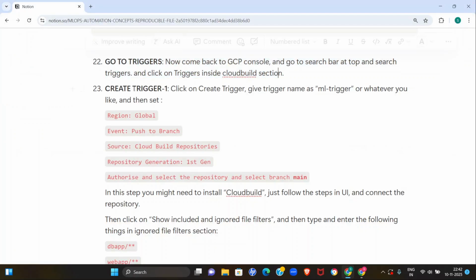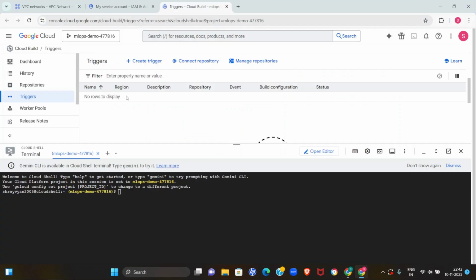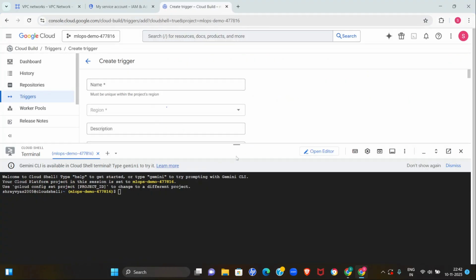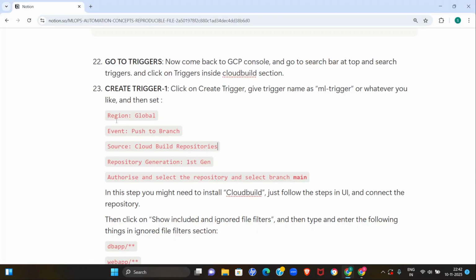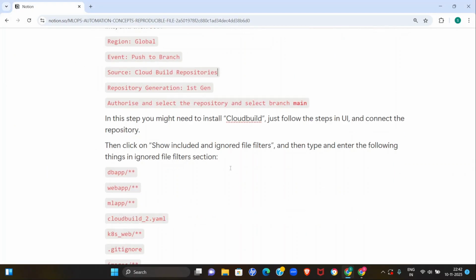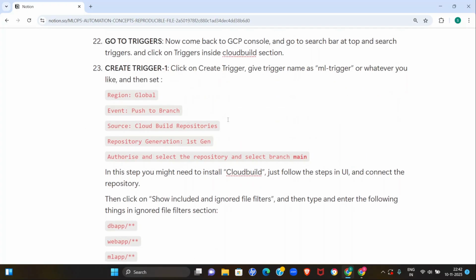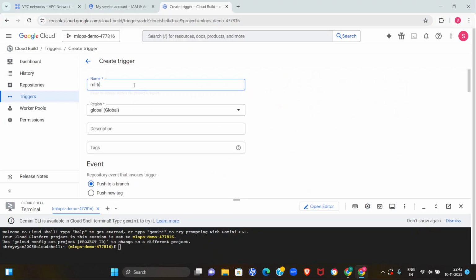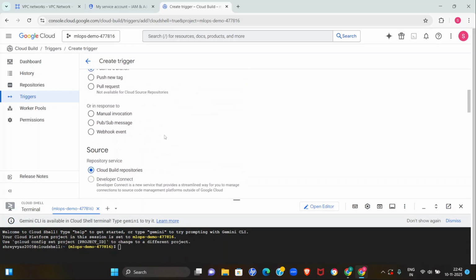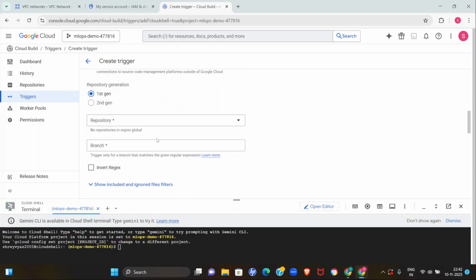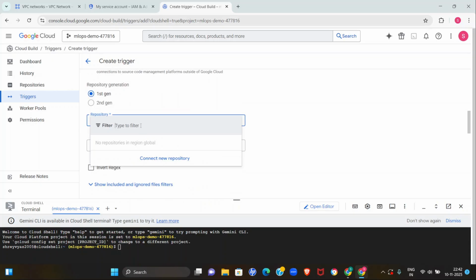Go to the trigger section, and then you create trigger number 1. Just create this particular trigger, and I'm gonna call this ML trigger because this is for the ML. It's global push to a branch, Cloud Build repositories, first gen repository,